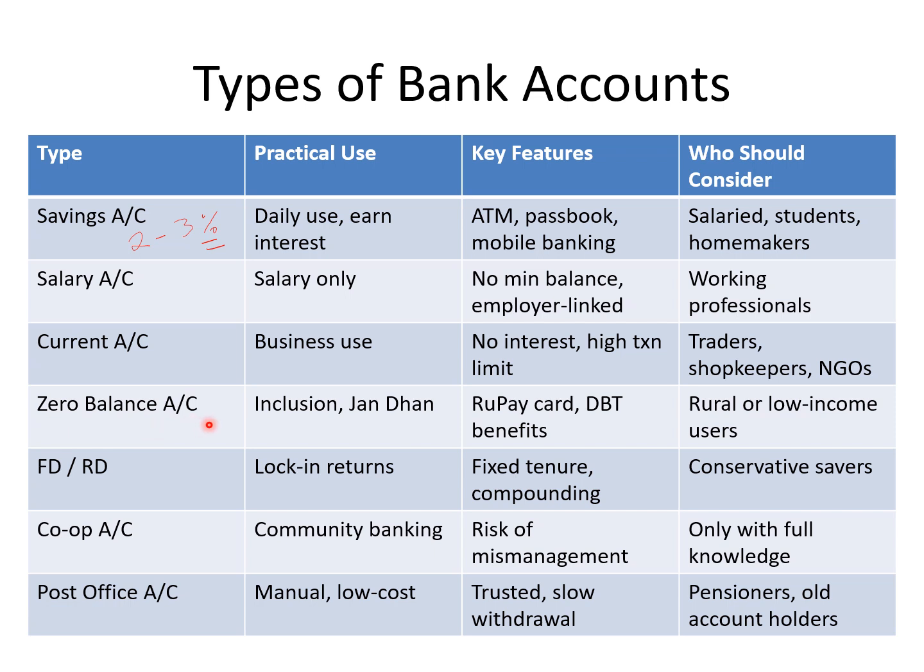Next type of account, zero balance account. This is a type of savings account in which you need not maintain any minimum balance. This is given to promote financial inclusion. Jan Dhan scheme launched by central government comes under this. Here also you will get features of a savings account like RuPay card and also most of the DBTs, means direct benefit transfers. Benefits given by the central and state governments are credited to this account. This is suitable for rural or low income users.